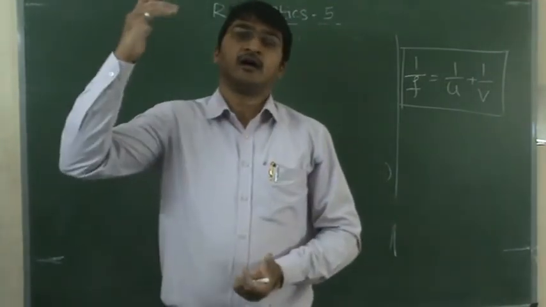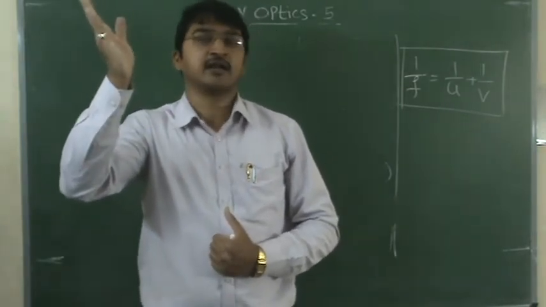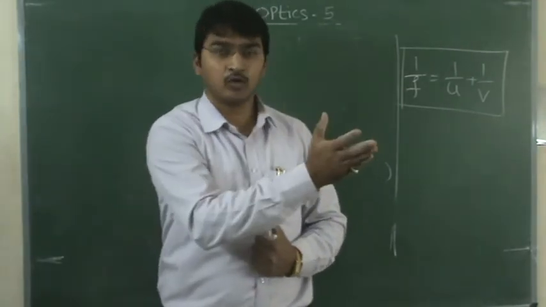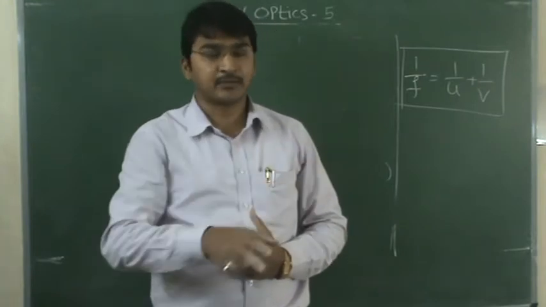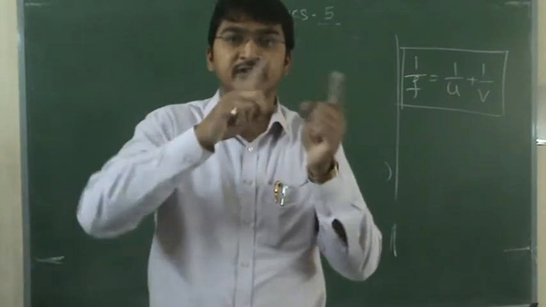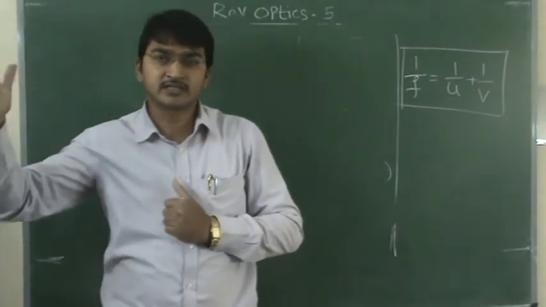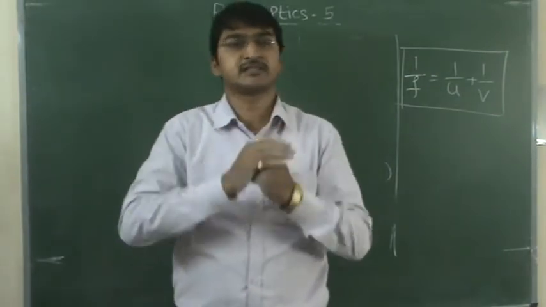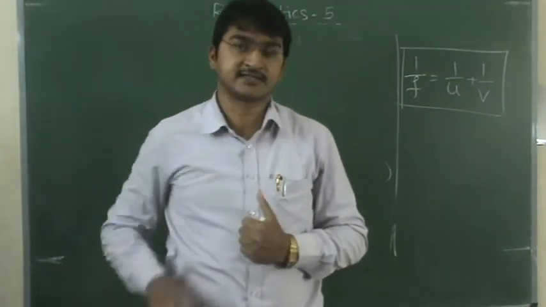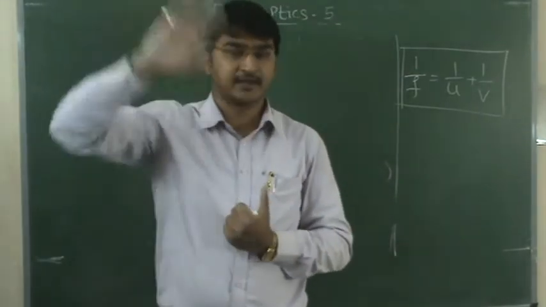Next, another ray which starts from the object, incident at the pole P and reflected back at the same angle, and the reflected rays will meet between C and F, because we know that when the object is placed beyond C, the image will form between C and F, which is already discussed. So the first part, explaining the diagram, is over.